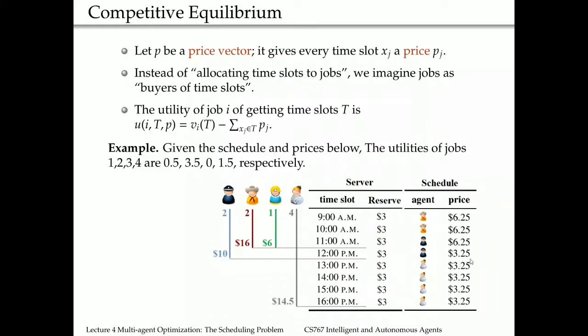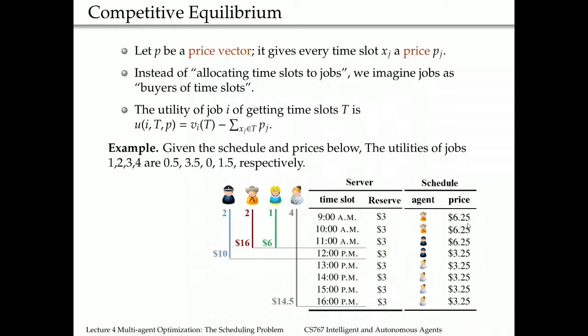This is needed to complete the job before the deadline. But in order to get these time slots, he has to pay $9.5, and he gets $10 as reward, and therefore he has a net utility of 0.5. Right. If you look at the second agent, he also completed the task within the deadline, paying